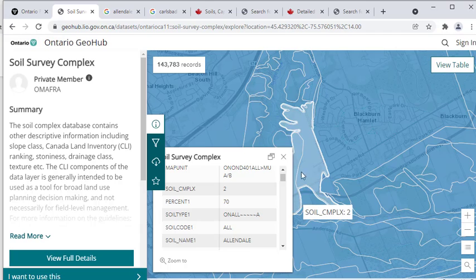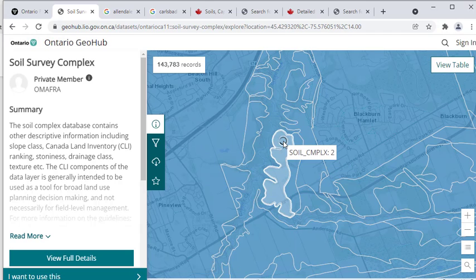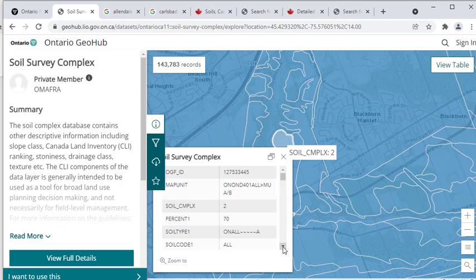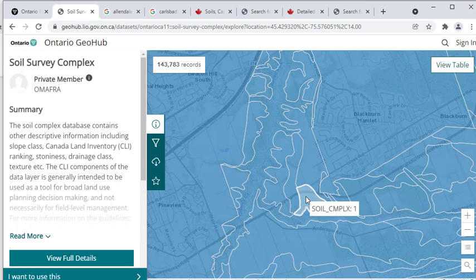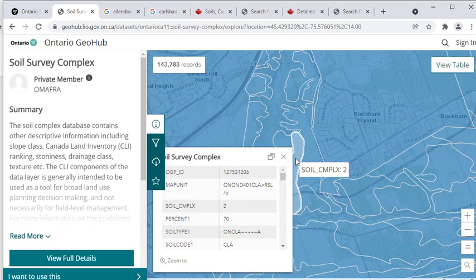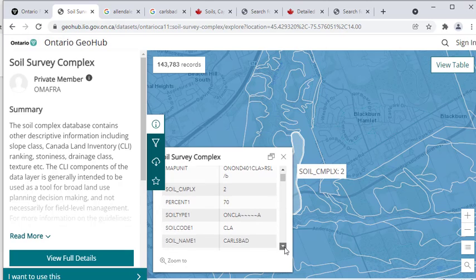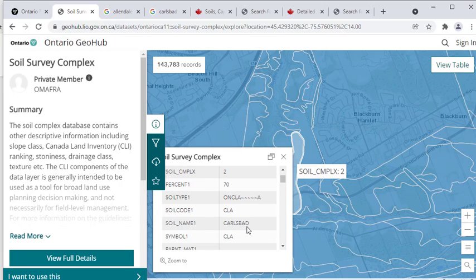If you look at the other one, actually, if you look at the corner one, that also is exactly the same soil type. It's Allendale. So why do they have two separate polygons for it? Because in between there is a polygon that is of a different soil type. So it has CLA as the code. It's called Carlsbad.